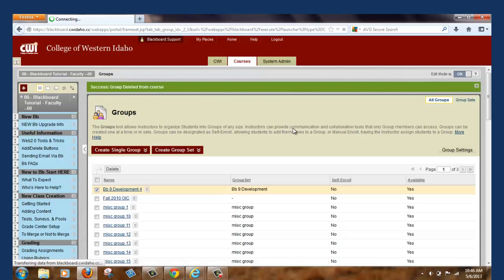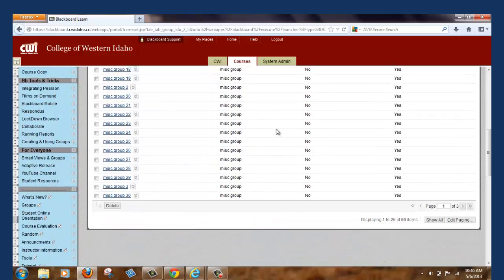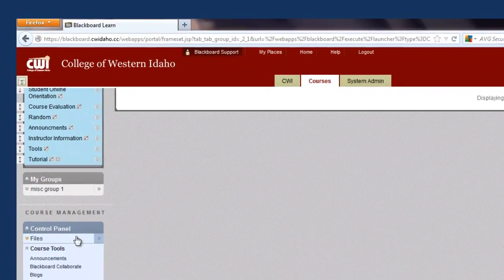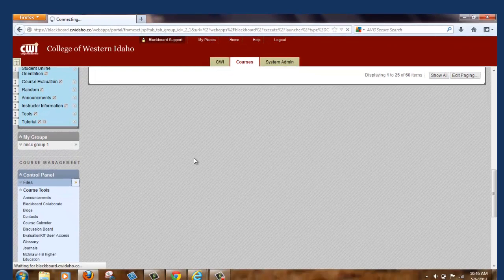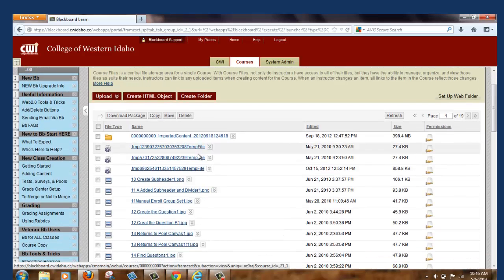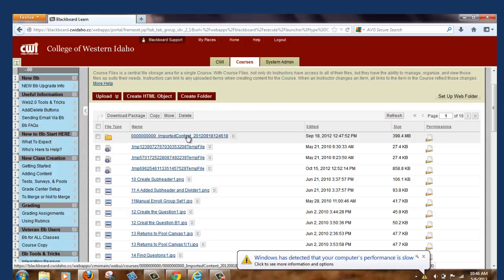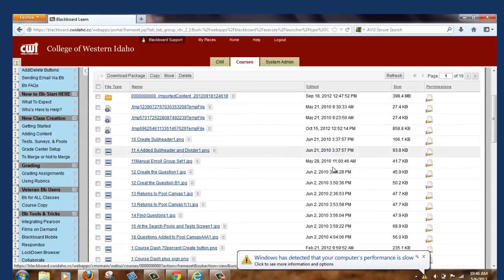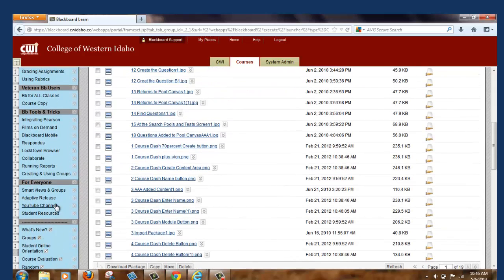and I'm going to show you the last place that you can delete files from to help make your class size smaller. If I come back down to the control panel, I can come into the Files section. The Files section contains all of the links and file formats of everything that you have added into your class shell. So when you copy and import information over, including all of the icons that are located in the student resource area,